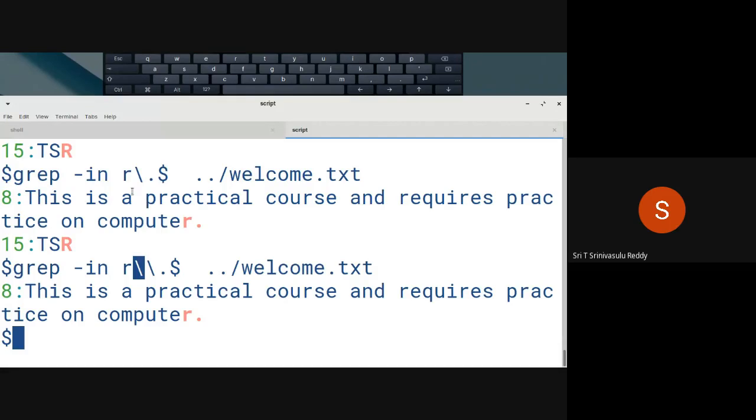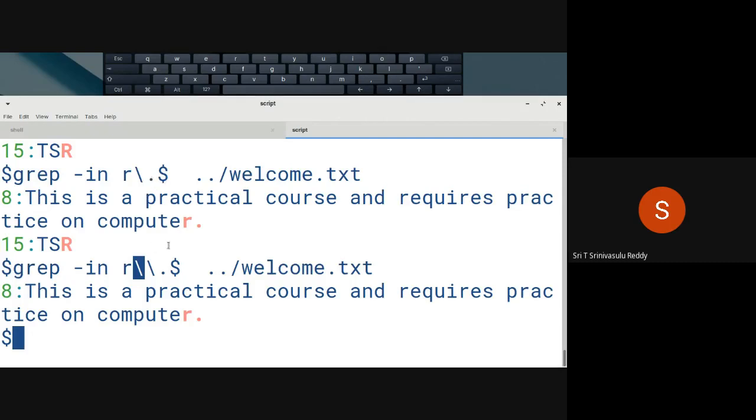Just now, like here, you can see R dot is matching both this 8th line as well as 15th line. In the 15th line, you don't have any dot there, right? Because this R dot is equivalent to R dot only, and dot means in grep it matches with any character, whereas you want to match with only a dot.